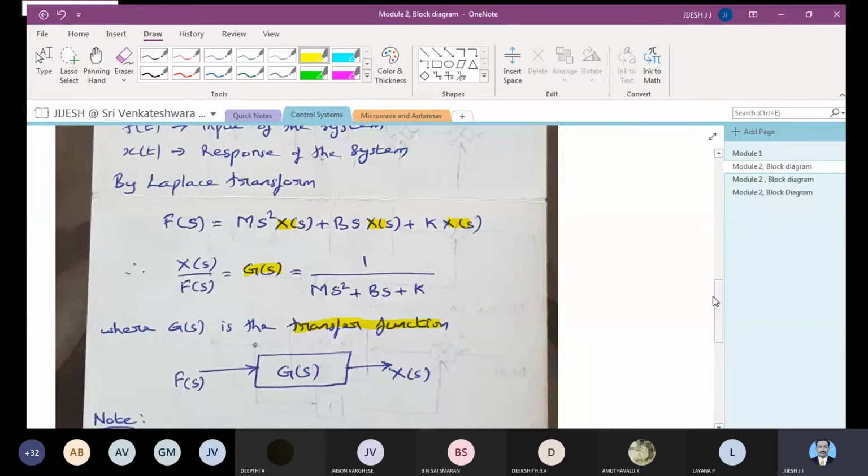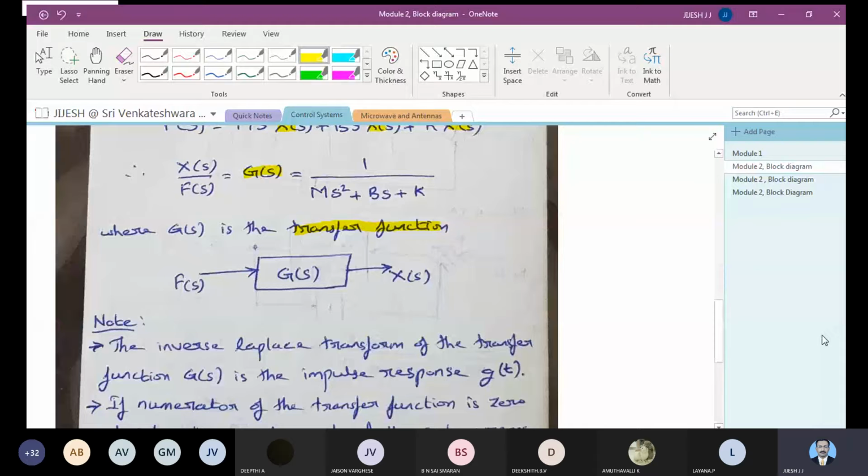So all of you understood till here? It's not new; we have just continued the things whatever we discussed in the first module. Only one thing we have introduced here is g of s. Rest all the things we have already studied before. So it's clear, we will move on further.